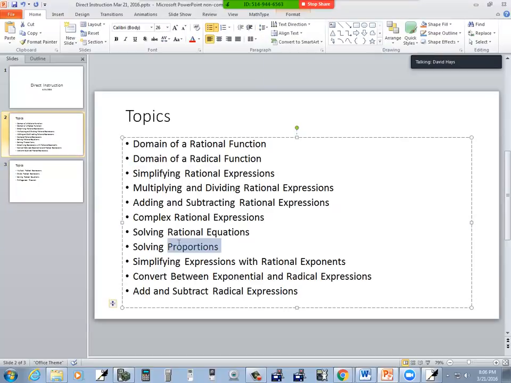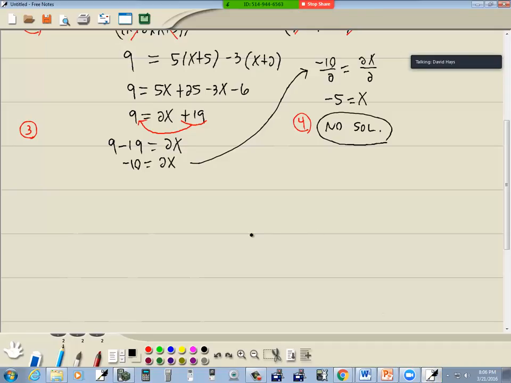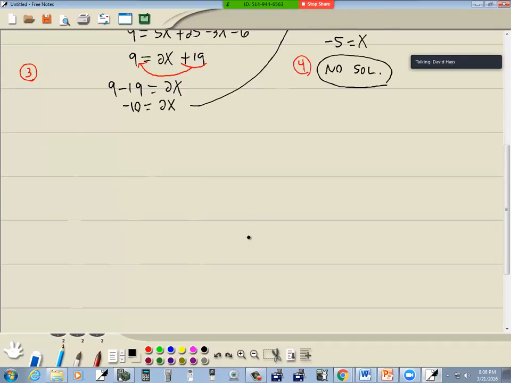Okay, so solving proportions. And proportions is something you can probably use in many different aspects in life. Probably I'd be shocked if you ever use a rational equation. But I give an example in the discussion where I'm talking about how I use it in web design. But if you were looking at